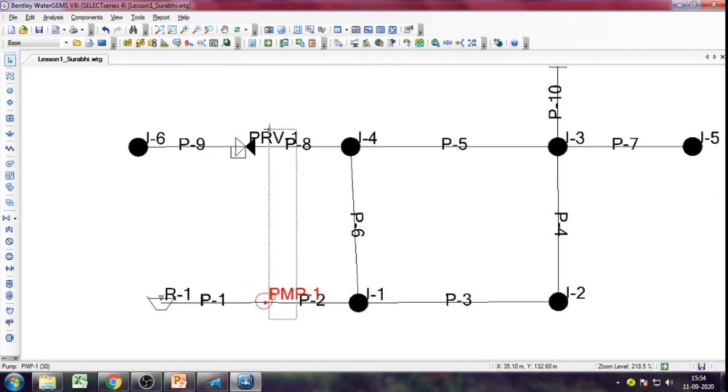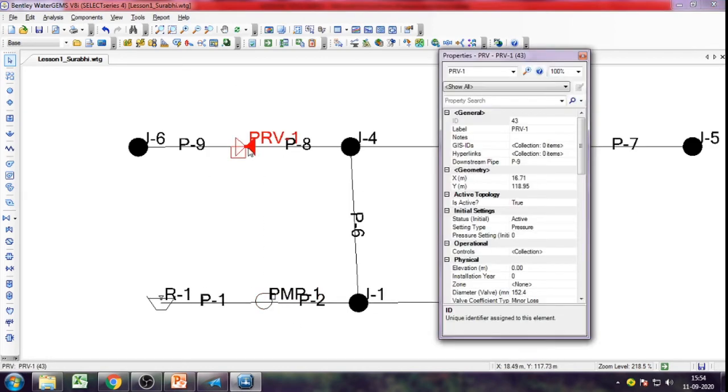Now we will move on to the next hydraulic element, that is the pressure regulating valve. In the pressure regulating valve, just check that its initial status is active, its setting type is pressure, and the initial pressure setting is to be defined. Here it is given as 390 kilopascal. As you can see, its units are in kilopascal.